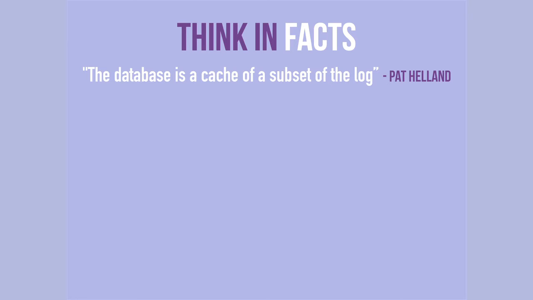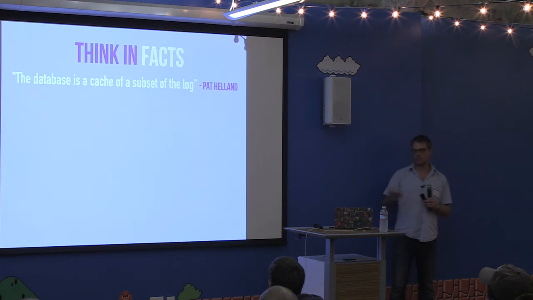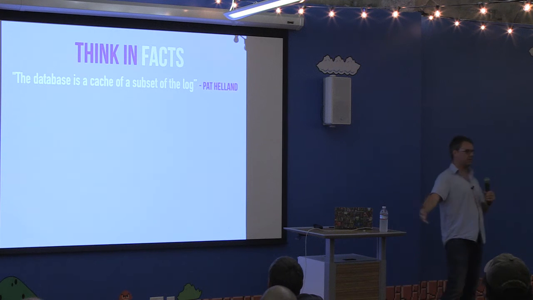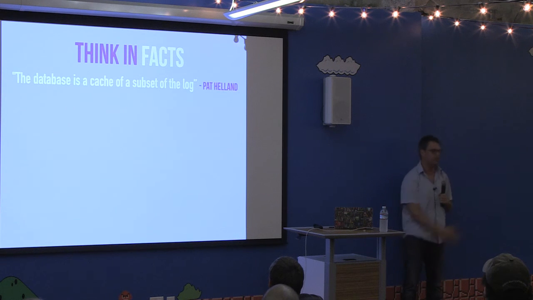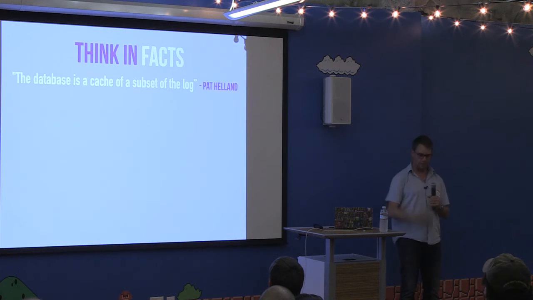Pat Helland is giving the second keynote at React, I'm really happy about it. He's one of my role models. I mean, all his work with Jim Gray in the 80s and so on. He said that the database is a cache of a subset of the log, which is pretty interesting. You know, Oracle already has event logging and transaction logging under the hood, right? It's just they don't expose that. They just expose the latest snapshot of that log to you. What if you need all the stuff down there, right? Tough luck. You need to do it yourself.